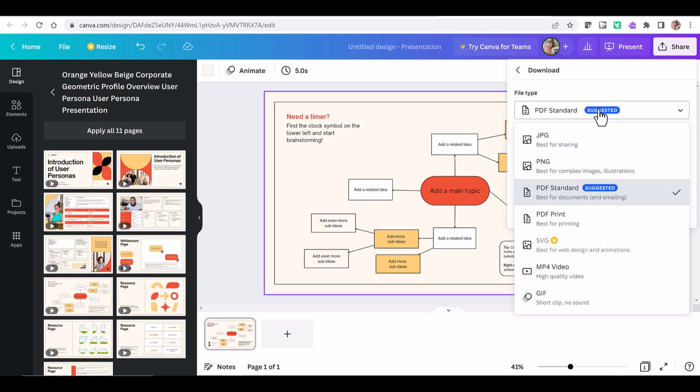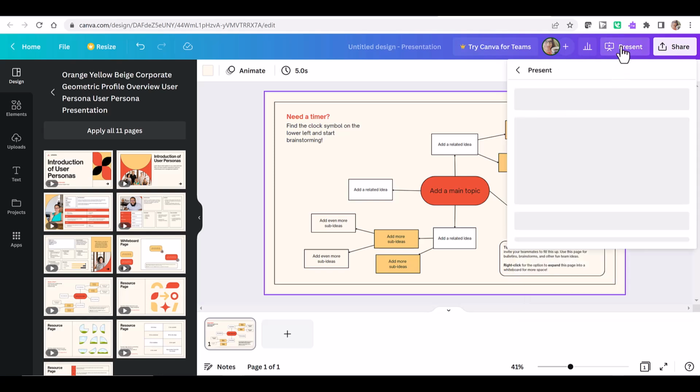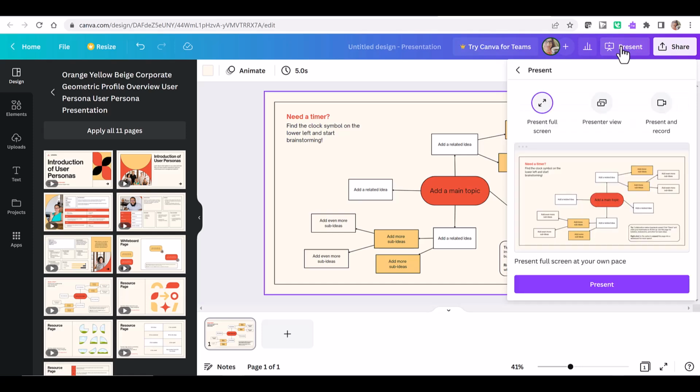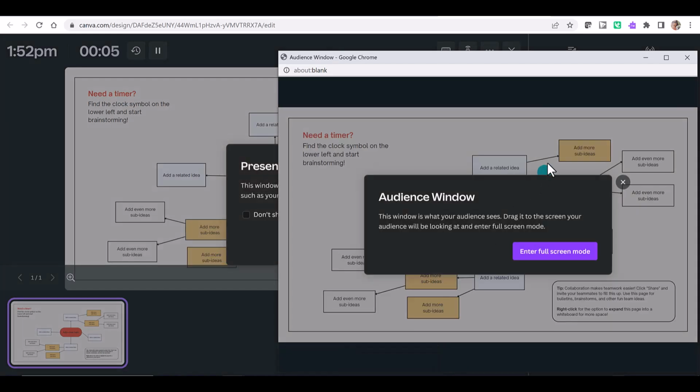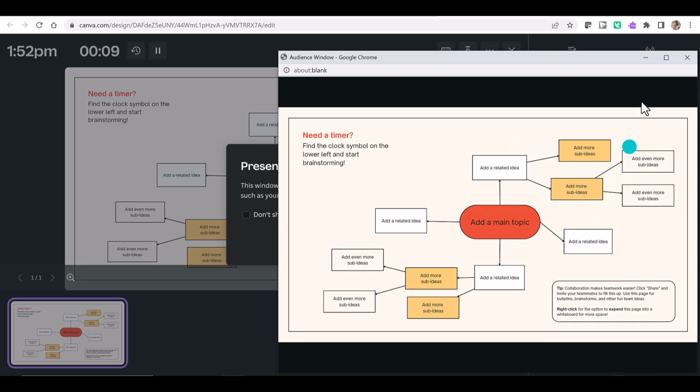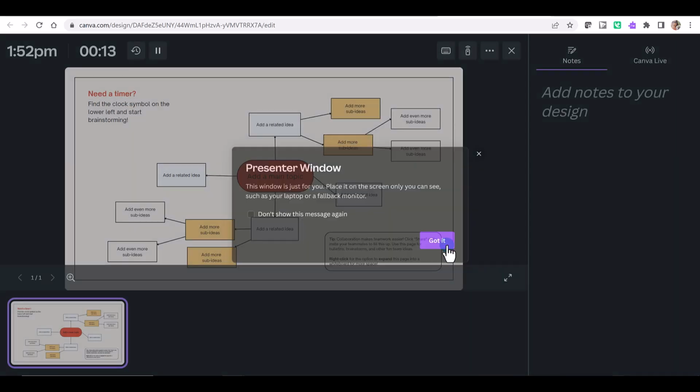You can download these as PDFs. It also gives you the ability to present. You can present it and record over it. You can record your presentation. There's a nice presenter view. So it gives you this extra pop-up. This is the audience window. This is what the audience sees. You can minimize that. This is the presenter window.